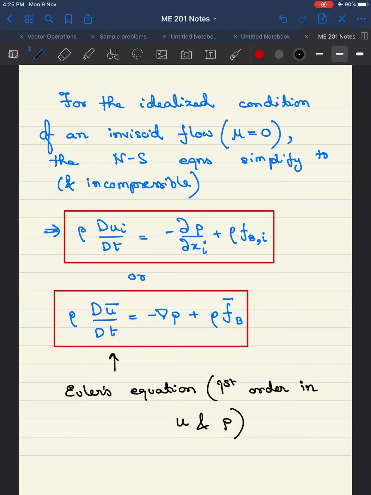But the fact that it becomes a first order equation creates some problems at a fixed wall. For example, there is a very famous boundary condition that people use at a fixed wall, and that is called the no slip condition. And that no slip condition has to be dropped, and tangential velocity has to be allowed to slip. So let me just discuss this no slip boundary condition right here.